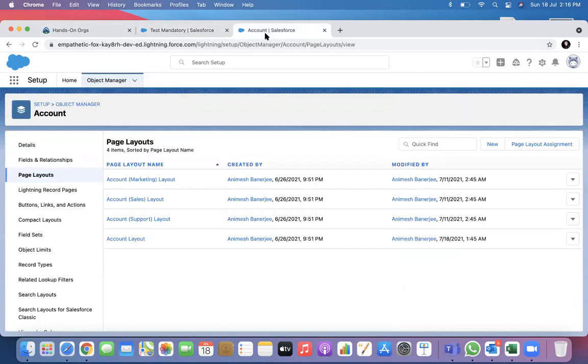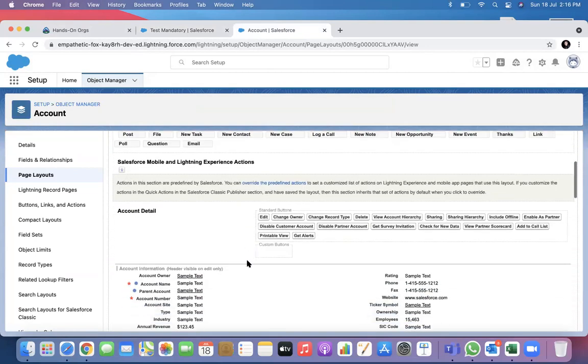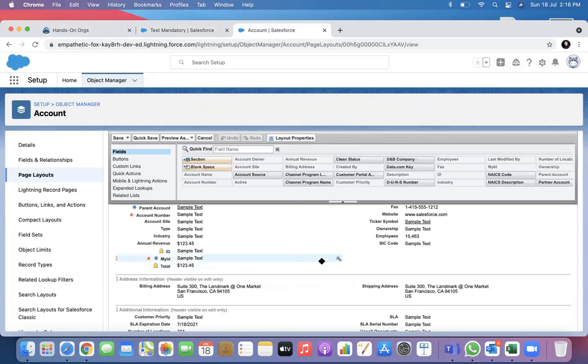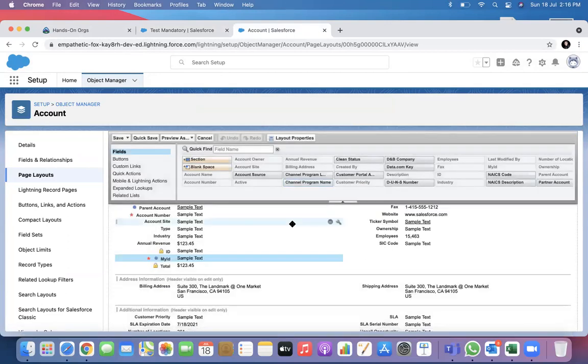If I go to the account field, in the field layout, you see my ID required is automatically checked, and you cannot disable it because it is already done at the field level. If you want to load data on account, my ID needs to be provided. That column has to be there.